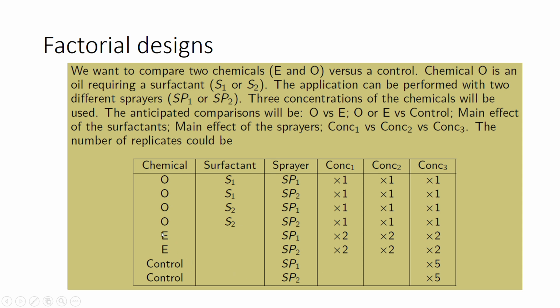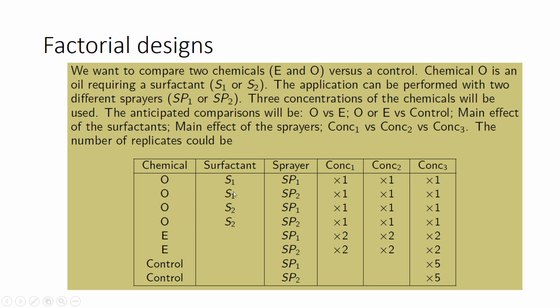But then for the chemical E, you will also use the two sprayers, but now you will have two replicates of 3 different concentrations. So you see here in total you have 12 observations, here you have 10, and then for the chemical O